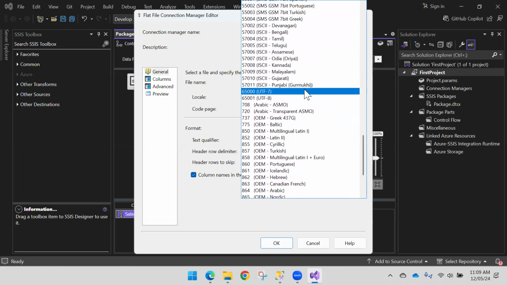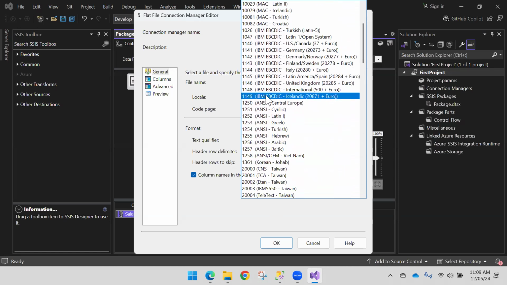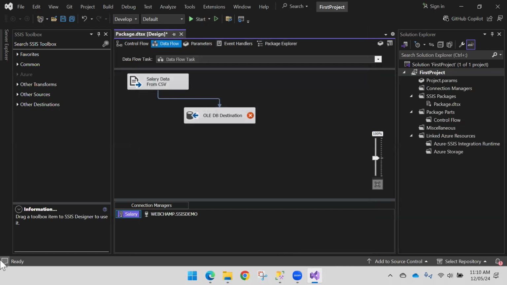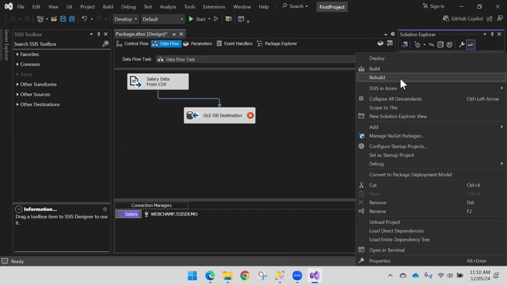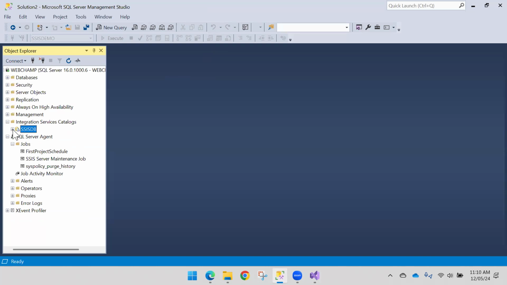Then again, the encoding you need to enable. Okay, you can define this, or you are good to select Unicode also. If you select that, that is going to work. That will not give the error for the code page. Right, and then you can deploy this package. Either you can deploy the package, or simply what you can do is